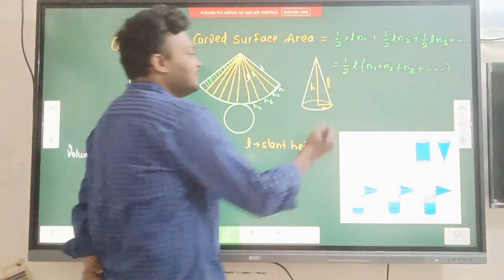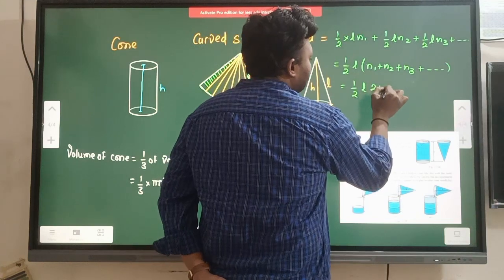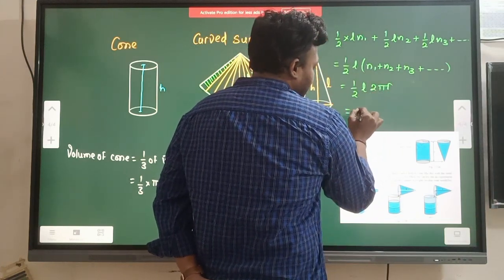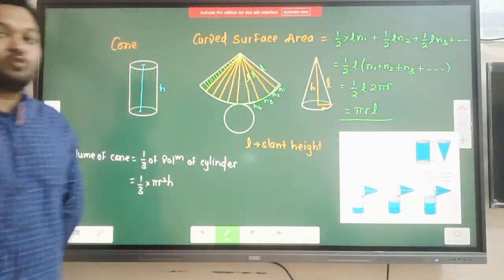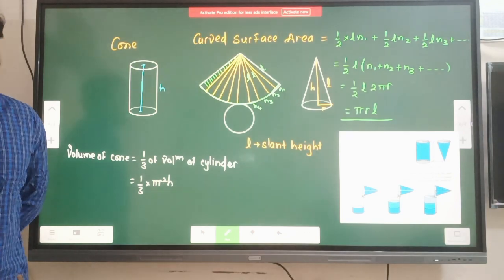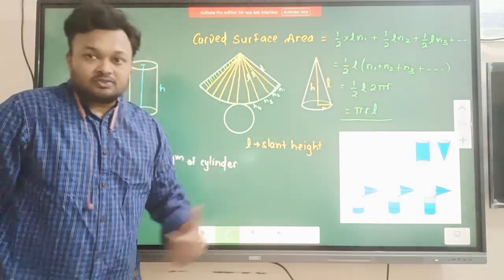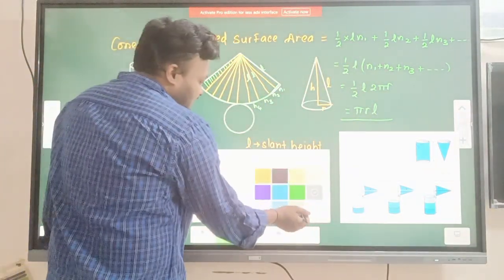It is nothing but the circumference of the circle, which is 2 pi r. So this 2 and this 2 get cancelled. So the curved surface area of the cone is pi r L. That's it. Again, no need to memorize it. You can create your own formulas. And in the end, we have